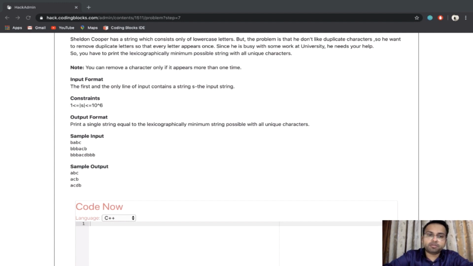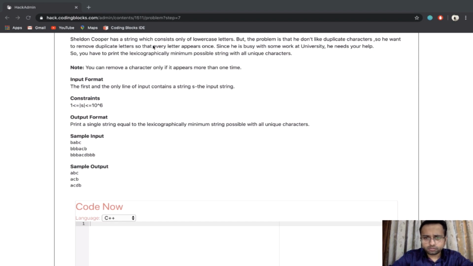The first problem that we are going to do is Sheldon Cooper unique string. So let us see what this problem says. Sheldon Cooper has a string which consists only of lowercase characters. But the problem is that the string contains duplicate characters, so there are certain characters which appear more than once.